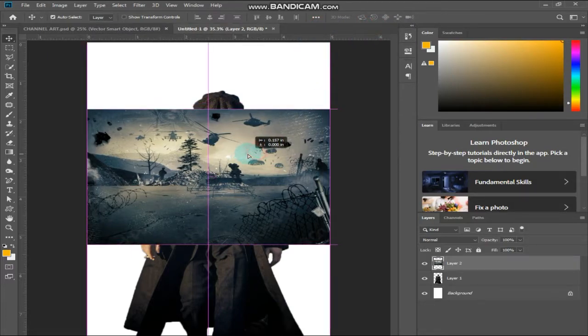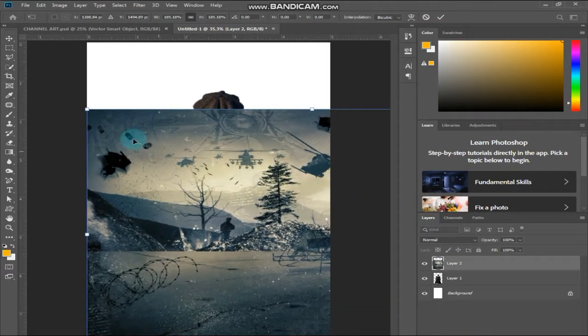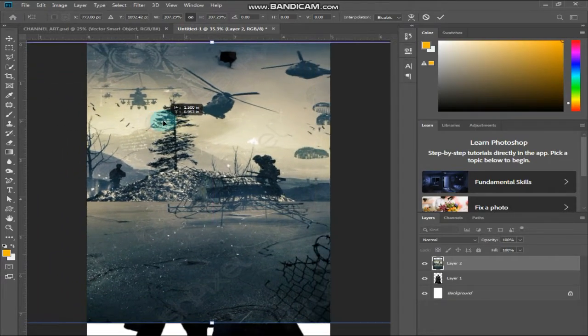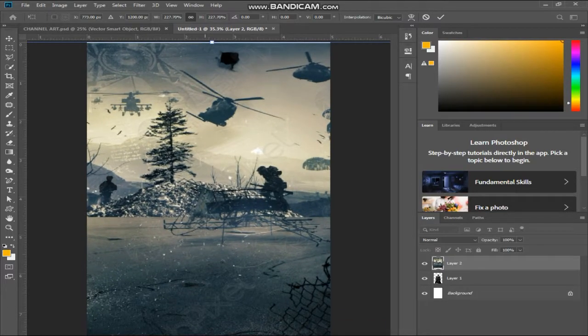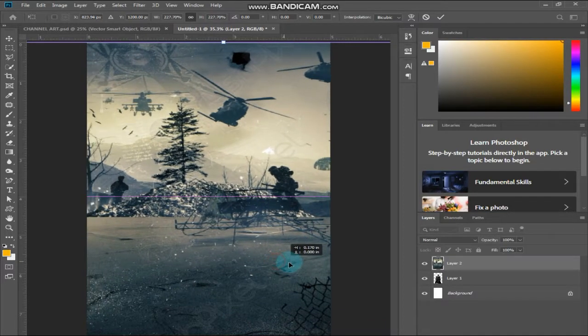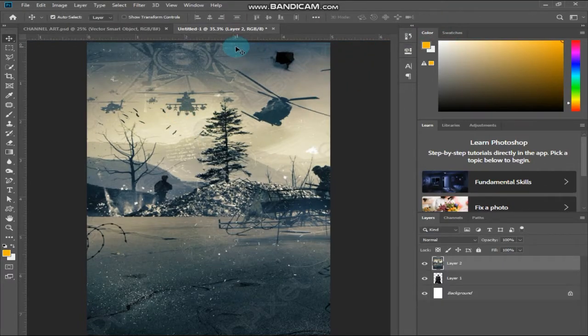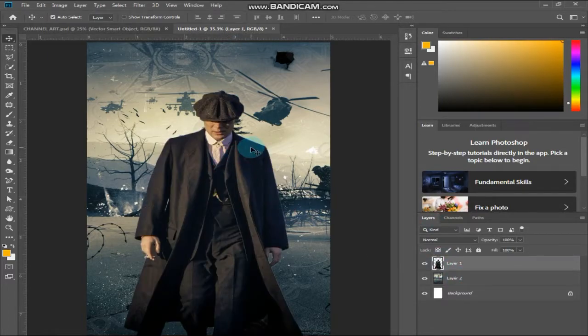Okay, so I will resize it for use in our document. So here it is. Let's enlarge it a bit. Okay, so I will adjust it something like here. There is a soldier and a helicopter in the background, and a little 1920s look, so it's good. Now I will take the character up on it, and it's looking very nice.